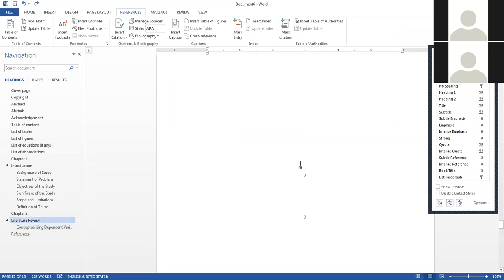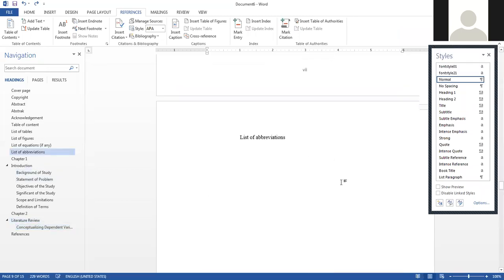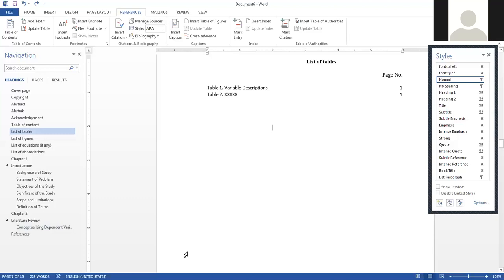Any other questions, guys? It looks simple, but to me it is very important. Because when your document is already well prepared, even before you start writing, it's much easier.